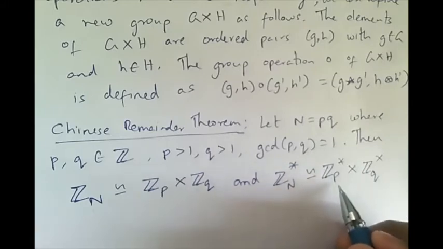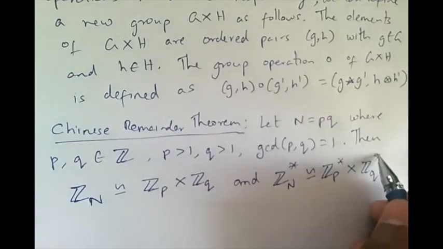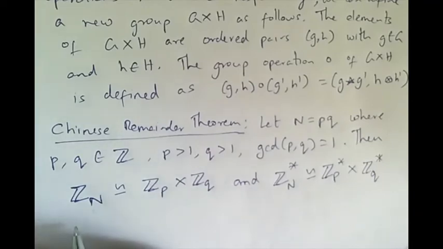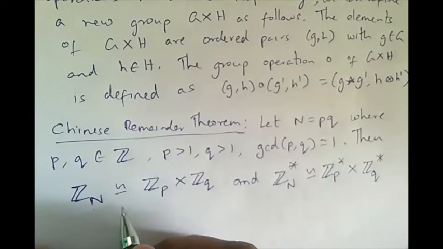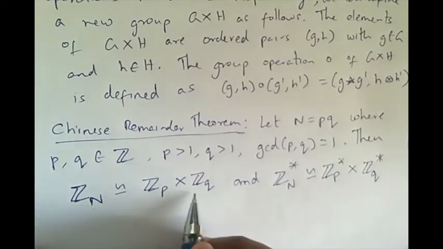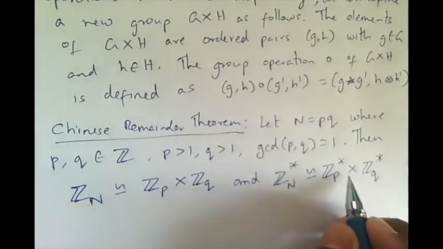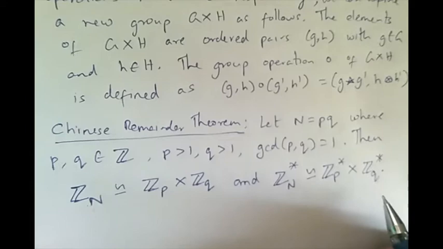Similarly, Zp star is the integers from 1 to p minus 1 which are relatively prime with p, and Zq star is the integers 1 to q minus 1 which are relatively prime with q. And furthermore, the theorem also gives us the isomorphism. So far we've just stated that these two groups are isomorphic, but we do not specify the isomorphism explicitly. So the theorem says that